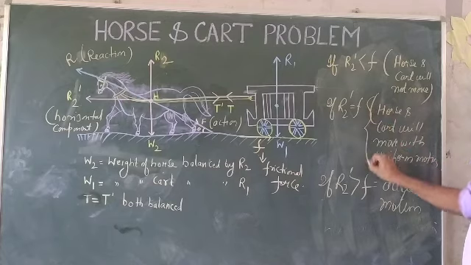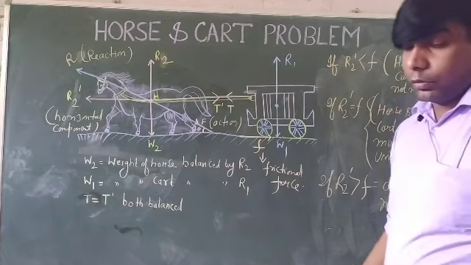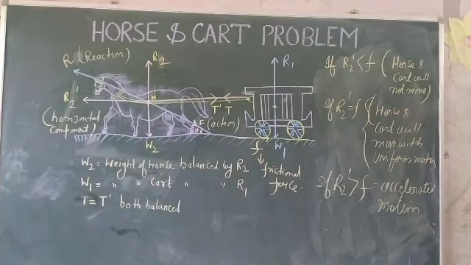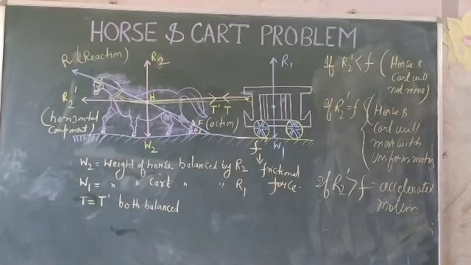Accelerated means here the velocity is not constant, and in uniform motion the velocity is constant. So this is how the horse and cart works. That is how a horse is able to pull a cart. That is, which component